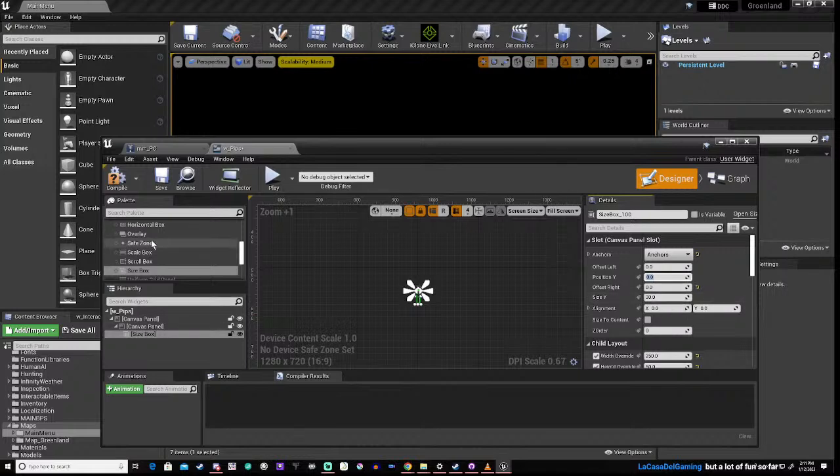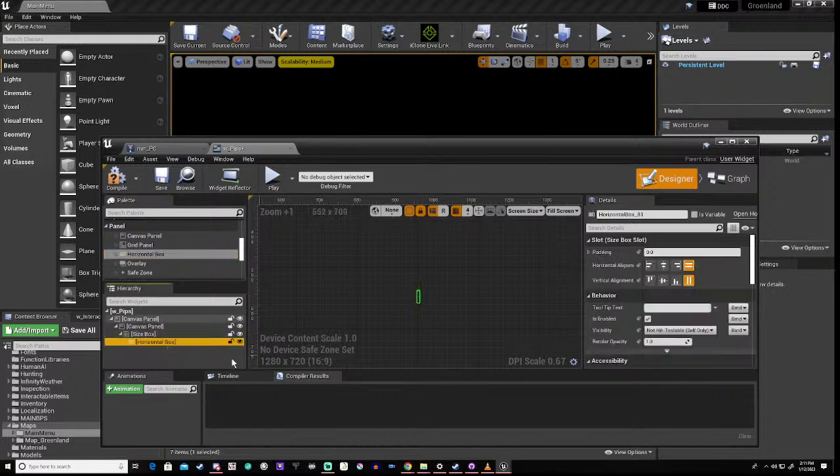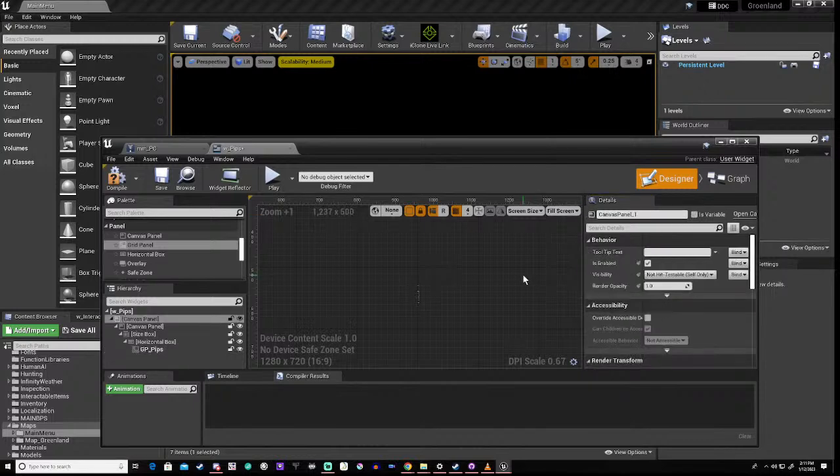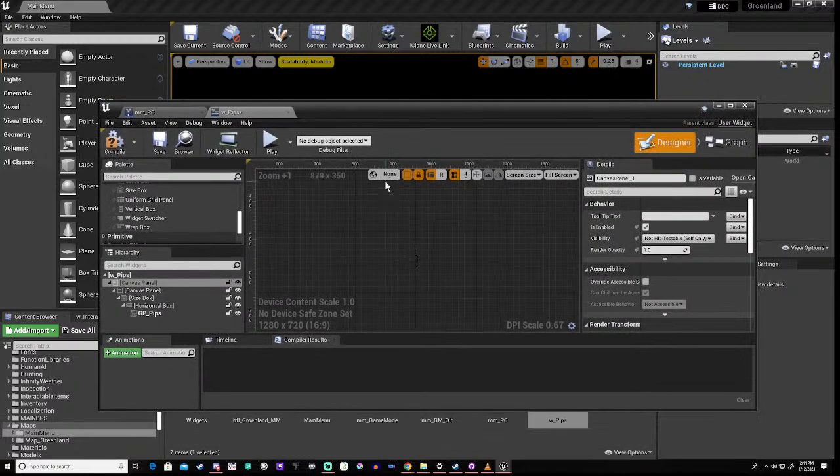Now, next thing I would do is I would add a horizontal box. Okay. And then in this horizontal box, I would add a grid panel. Okay. And then this grid panel, I would make it a variable and I'd call it GP pips. Okay. And I would actually